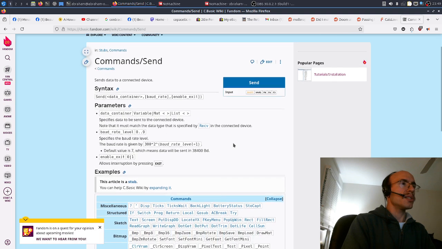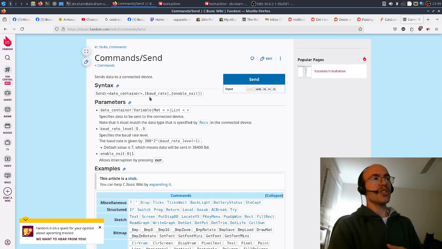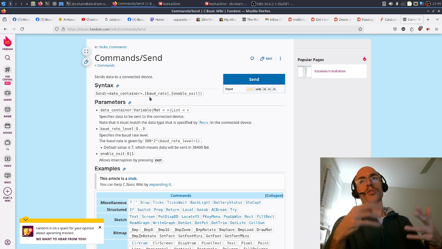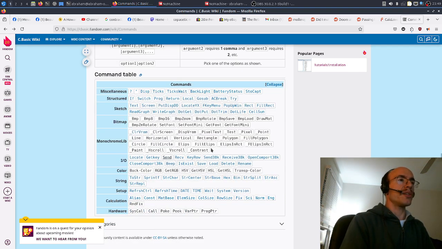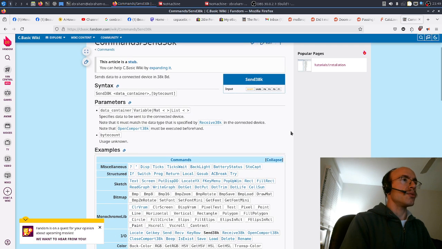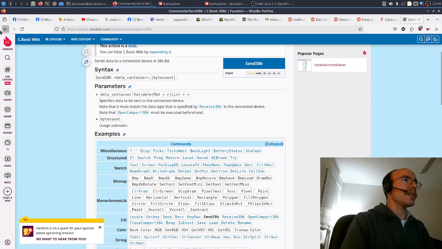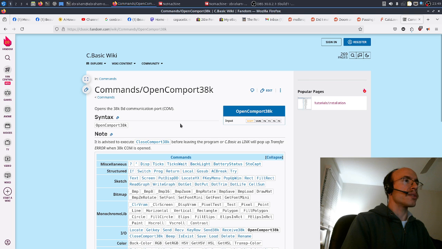very cool. You can send data over the serial port. That is super, super cool. Imagine you have an Arduino you want to get talking to your graphing calculator. Send38k, that sends data to a connected device at 38 kilobaud. Lots of fun things here. Beep, open COM port at 38k. Okay,